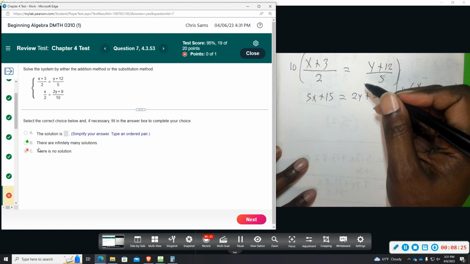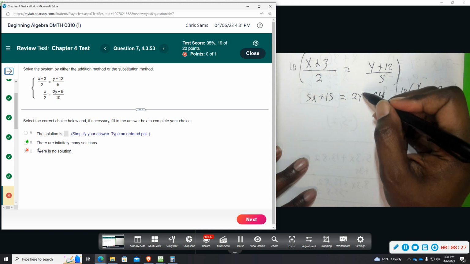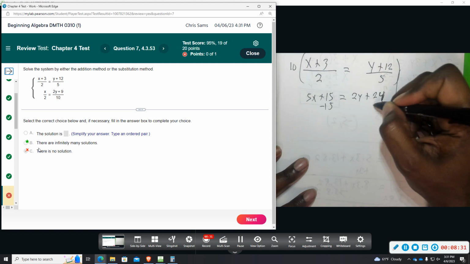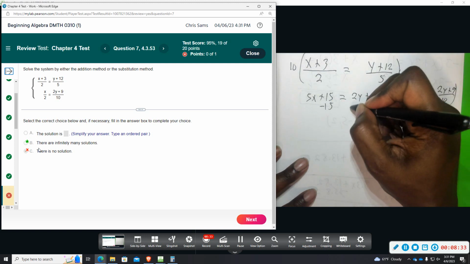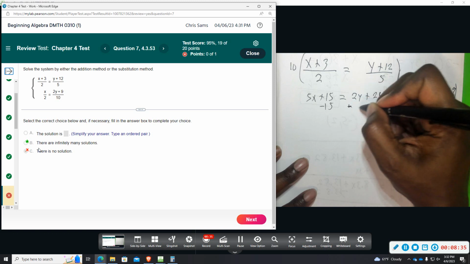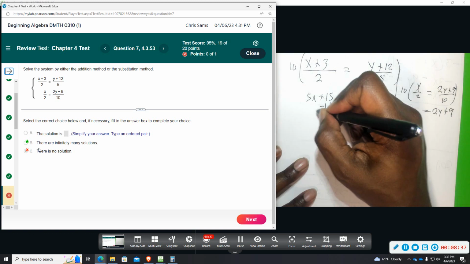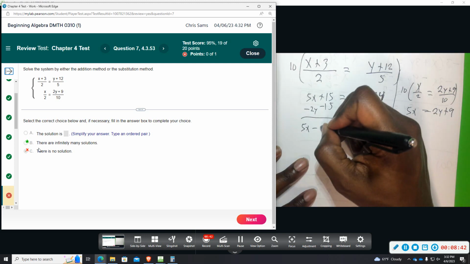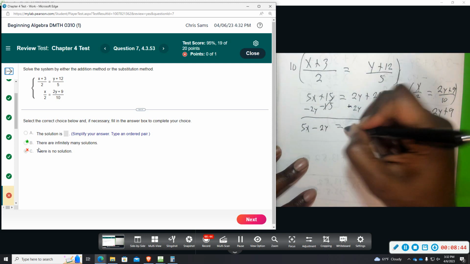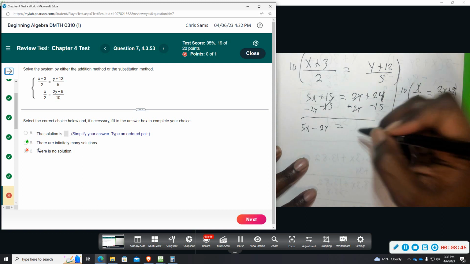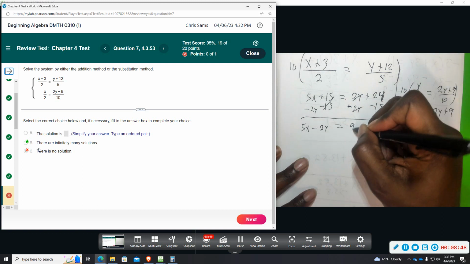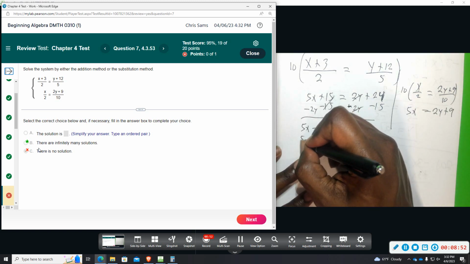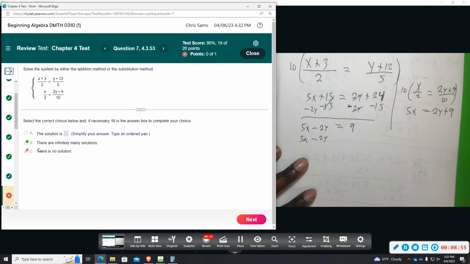Alright, combining x and y on the same side, moving the 15, so subtract 15. Subtract 2y. 5x minus 2y. That gets eliminated, equals 9. This one I will subtract the 2y, so I got 5x minus 2y